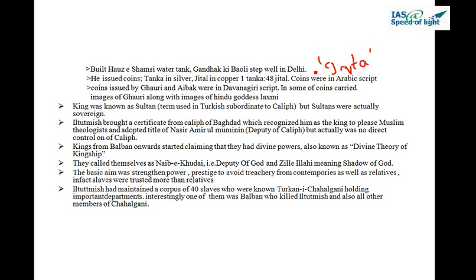Okay, so these things we are going to discuss in more detail when we see the administration of Delhi Sultanate, as I have told you. So the concept of Iqtas was started by Iltutmish. He gave the Sultanate its two basic currency units, which are Tanka and Jittal. Tanka are the silver coins and Jittal are the copper coins, and one Tanka is equal to 48 Jittal